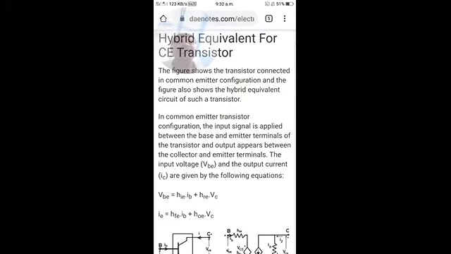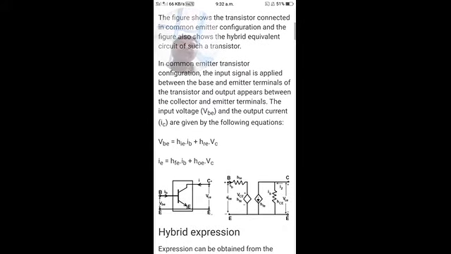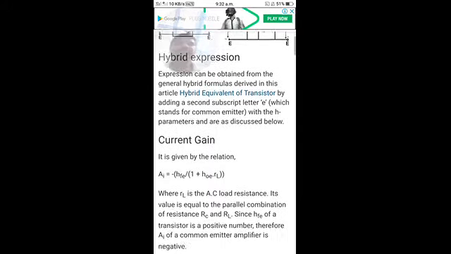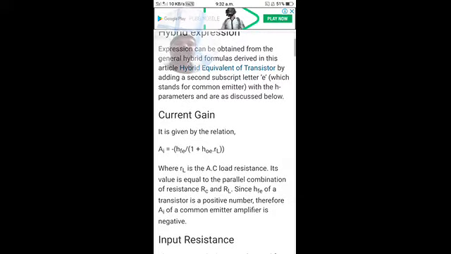Hybrid equivalent of the CE transistor. So this is what we have studied in the previous class. This is the expression for current gain. We have derived the equation for current gain of a transistor in CE configuration. AI is equal to minus HFE divided by 1 plus HO into RL,